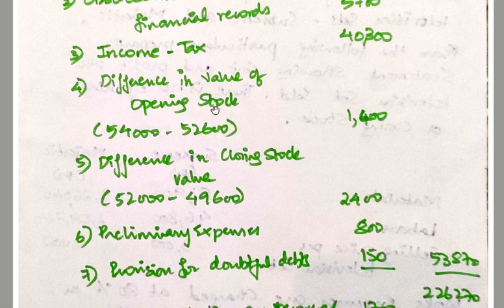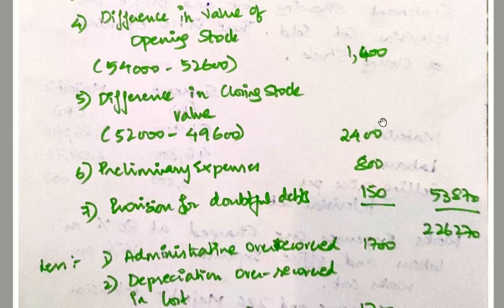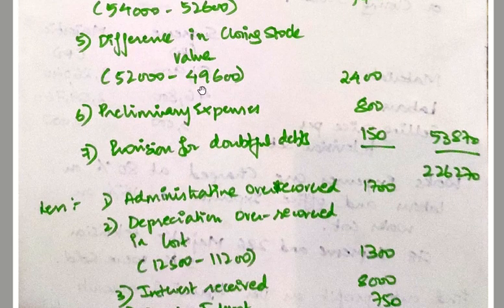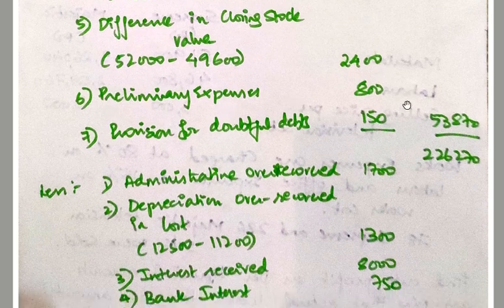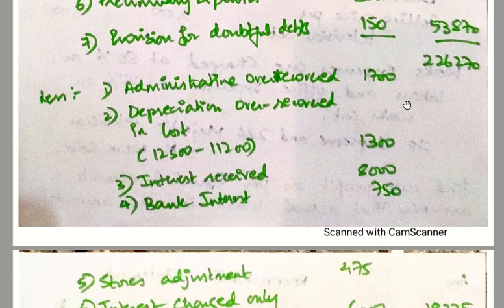Difference in value of opening stock, 54,000 minus 52,600, which is 1,400. Difference in closing stock value, 52,000 minus 49,600, which is 2,400. Preliminary expenses 800. Provision for doubtful debts 150. So the total is